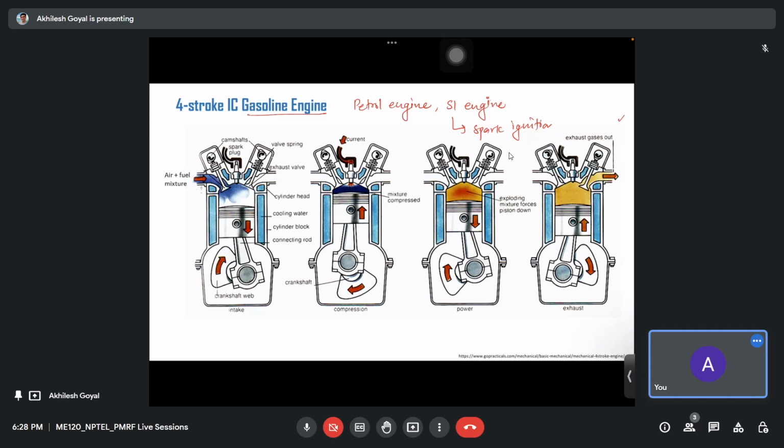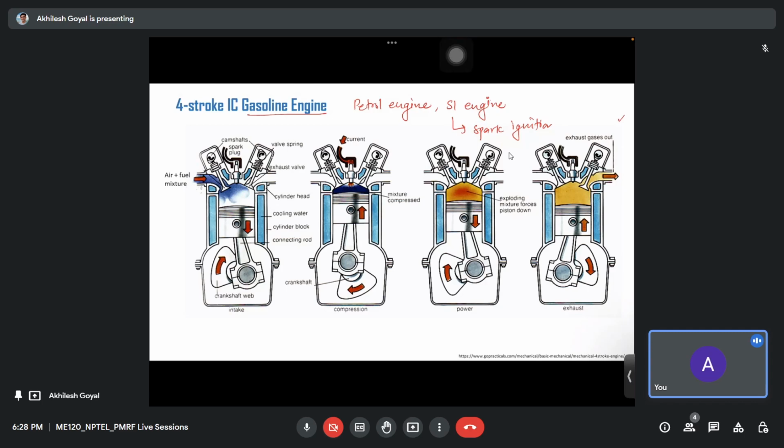In other terms, in the case of a spark ignition engine, the air plus fuel mixture is already there, and it is in a compressed state. As soon as we put a spark into that hot compressed air fuel mixture, it starts burning,